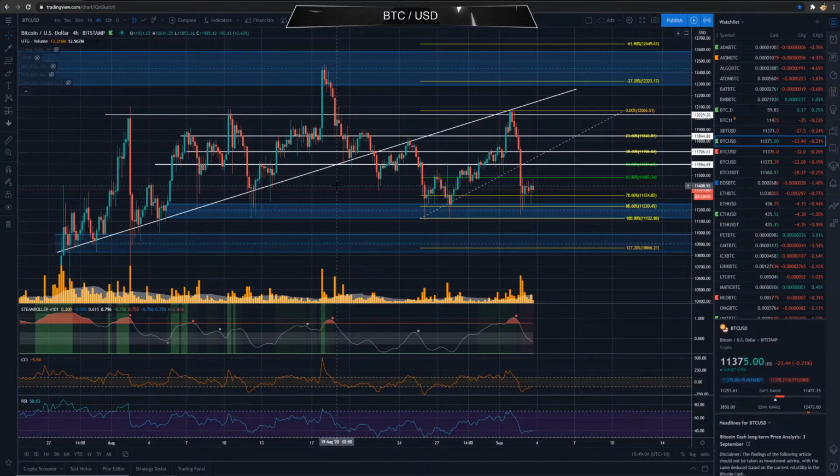I want to see the reaction and how things play out at around 11.2. For those of you playing along at home, 11.2, 11.75, and then 10.844 are the levels that I'm looking at, these major levels locally. And when I say major, I mean for these short-term plays that I'm in. I was only in one trade over the last 2 weeks, and that was that short from the 11.9 mark.